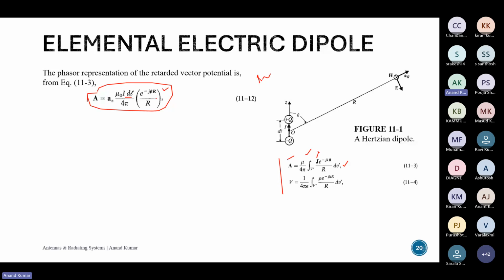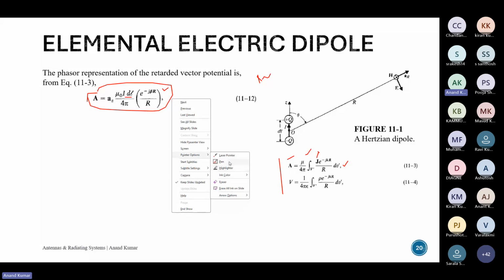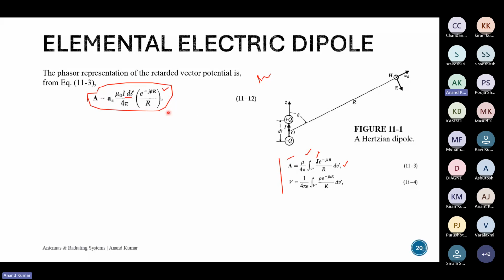So yeah, if you feel problems with this expression, revising EMT is maybe a good idea, or you can refer to the text as well. Once we have the expression for the auxiliary vector potential over here, where B is 2 pi by lambda, now we'll shift coordinate systems.